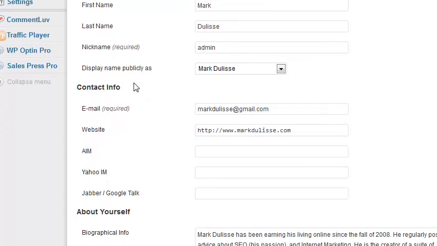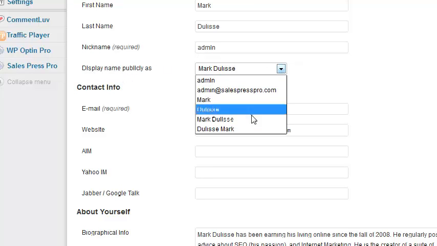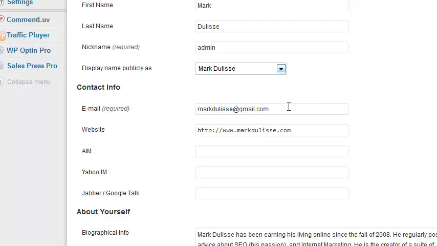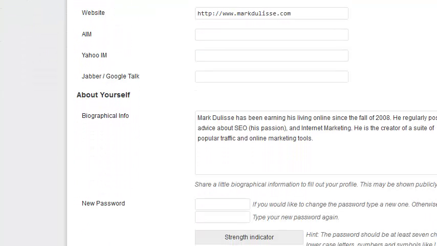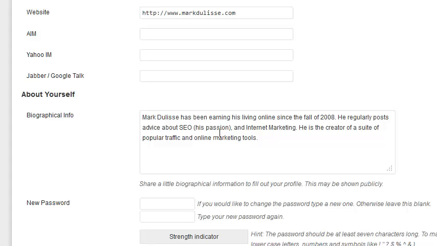And you want to obviously put in your first name, put in your last name, and then publicly display your name as, you know, what it is here, right? And then this is where you put in your email address. You put your email address right in there, and this email address is connected to my Gravatar address, all right? And right here, this is where you can fill in your biographical information. Now, just remember here, I can put in HTML. So I can add another image or whatever,